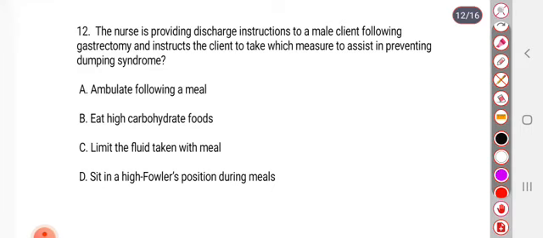डंपिंग सिंड्रोम के दौरान पेशेंट को कौन सा इंस्ट्रक्शन दिया जाता है? ऑप्शन ए एम्बुलेट फॉलोइंग ए मील, ऑप्शन बी ईट हाई कार्बोहाइड्रेट फूड, ऑप्शन सी लिमिट द फ्लूइड टेकन विद मील, ऑप्शन डी सिट इन हाई फाउलर पोजिशन ड्यूरिंग मील।